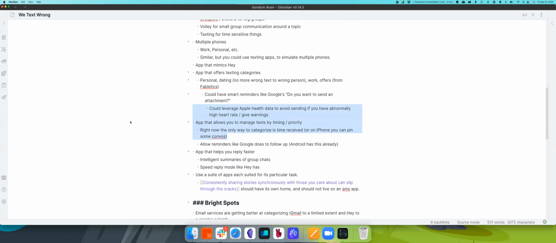I think allowing you to move texts around by timing and priority would be interesting. Just that one feature, being able to slide a conversation up or down based on priority, would be helpful. Apple has the pinning idea. You can pin a conversation to the top, but it'd be fun to do that more dynamically.